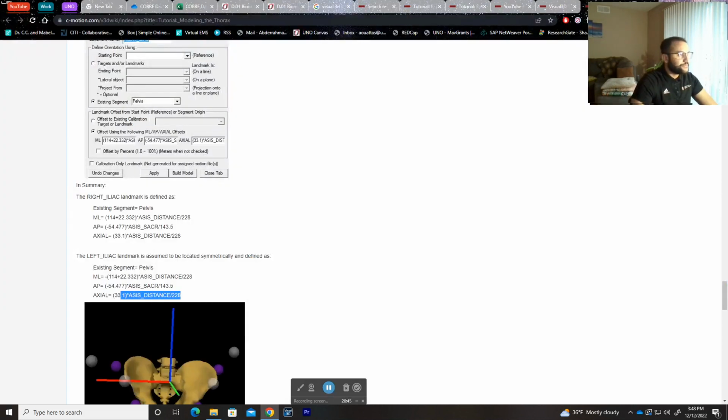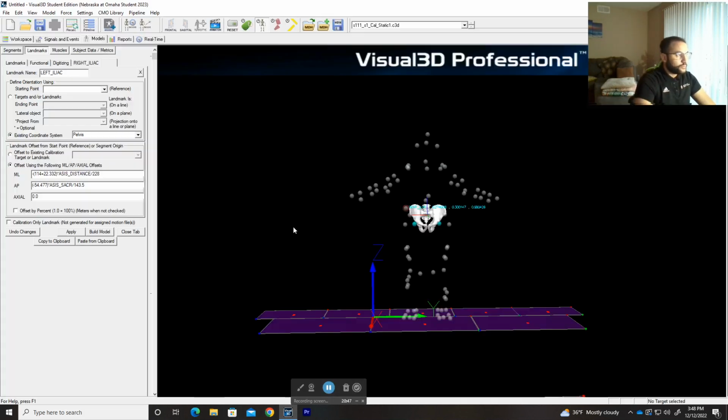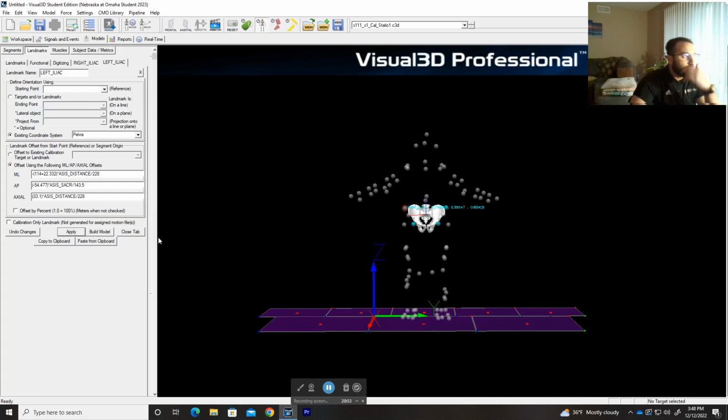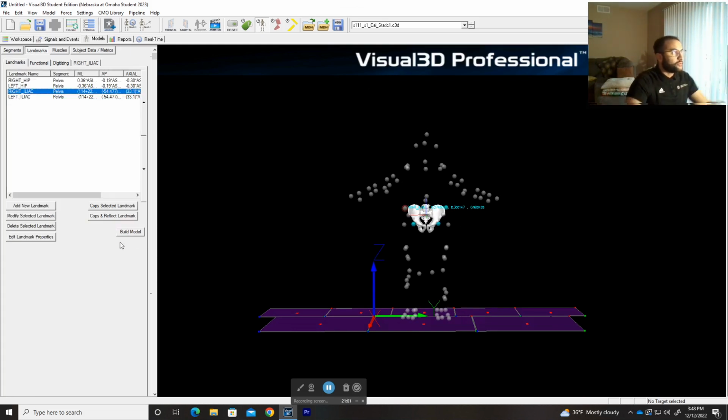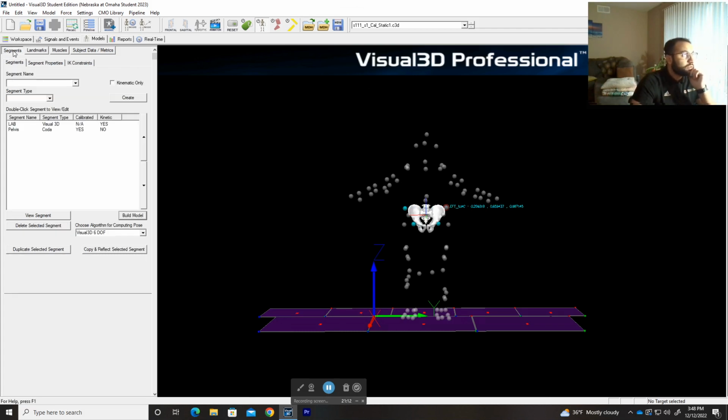Alright, last one. Apply, and then now we have both. So you always apply the changes that you made, and then build the model to refresh the model. So now we have our two new landmarks, and then we have the pelvis segment. Now to create the